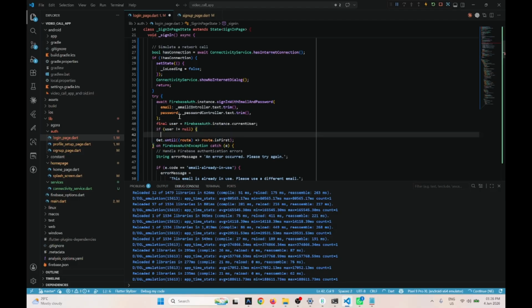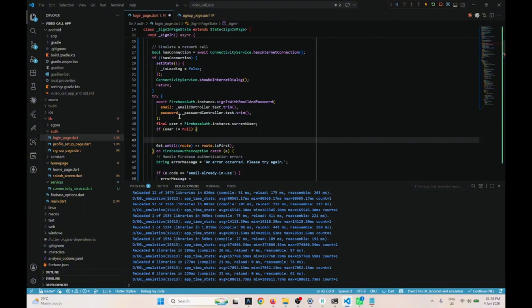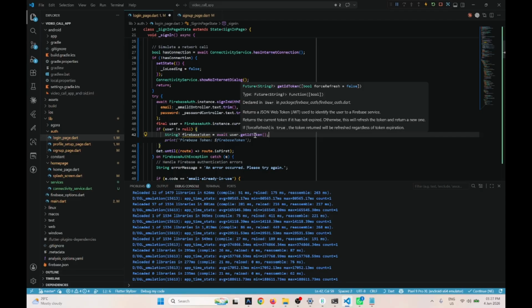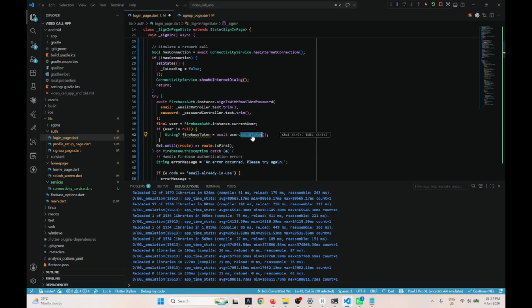Okay, if user is not empty, we are going to, sorry, Firebase token. The reason we are doing this, I don't want to use user, I don't want to get